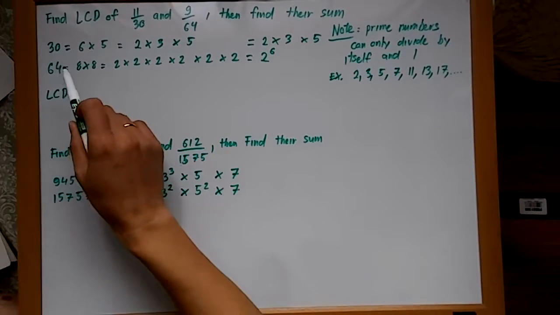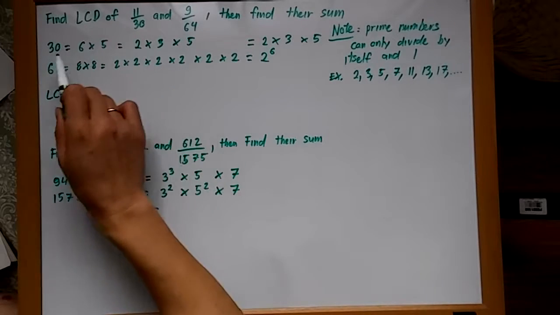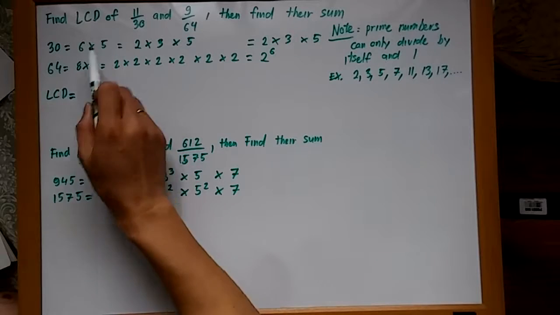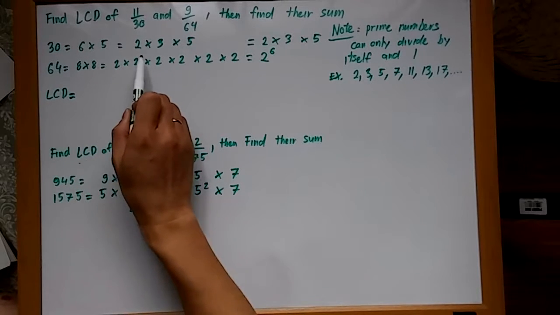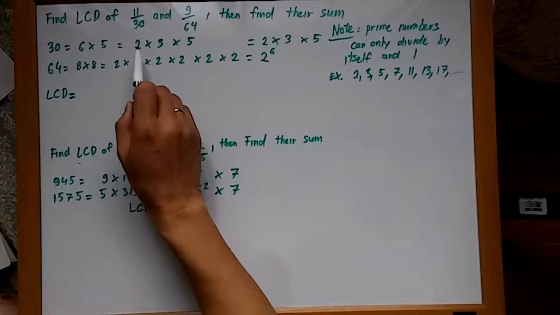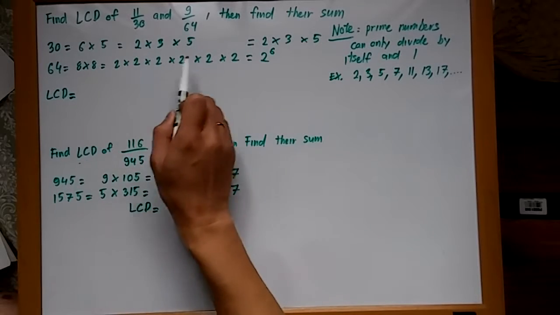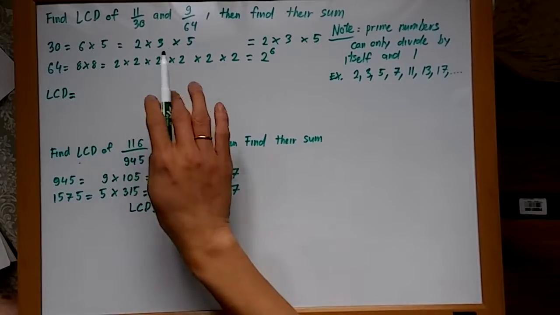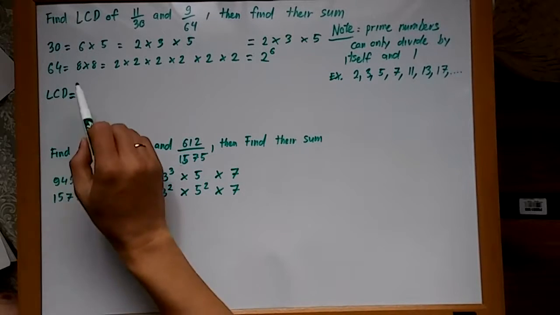So our first breakout of 30 is 6 times 5. 6 is not a prime number yet. 5 is a prime number. So you break them out even more to 2 times 3 times 5. And those are all prime numbers, as you can see in this list here. And we stop there. For 64, you break them out,